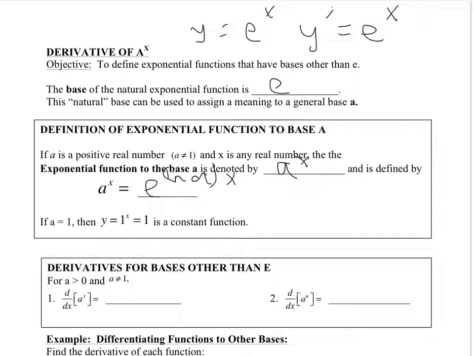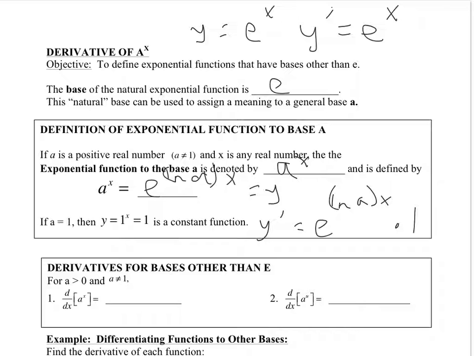Okay, so what does that mean in terms of swapping out? Basically, what we're doing is replacing the base, so that it is easier to differentiate. It's just a lot easier to differentiate. So how does that look in terms of a formula? Well, if this is my y and I want y prime, remember what the rule is for e to the x. It is e to the ln of a times x,